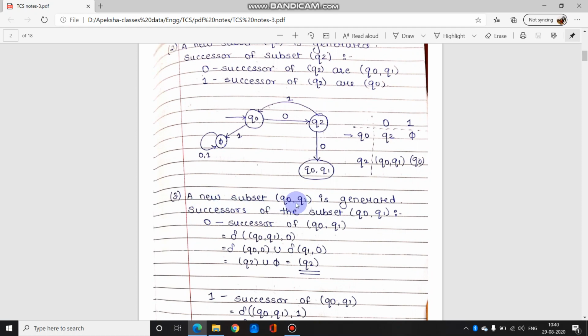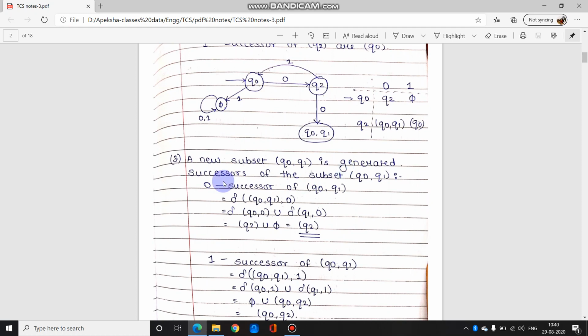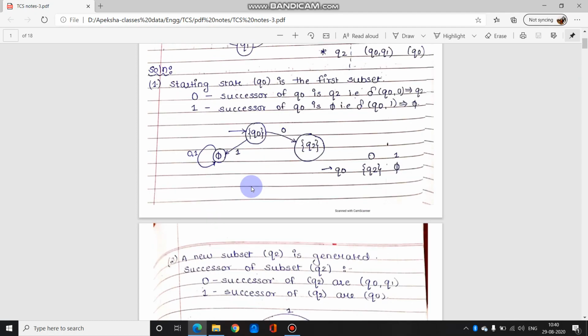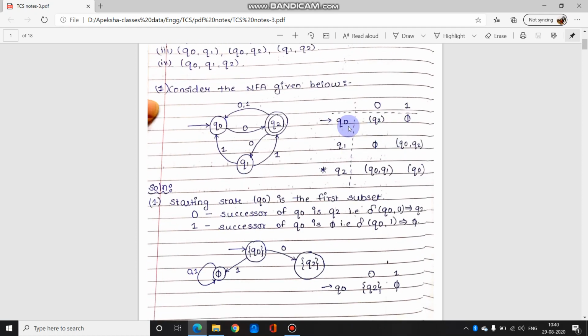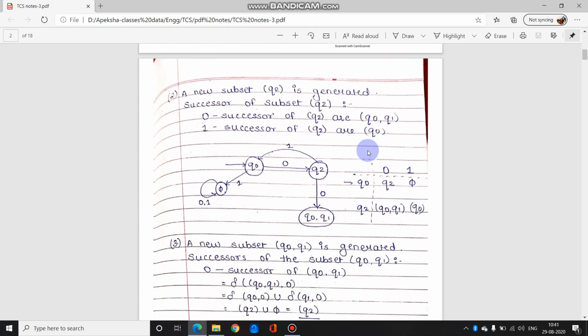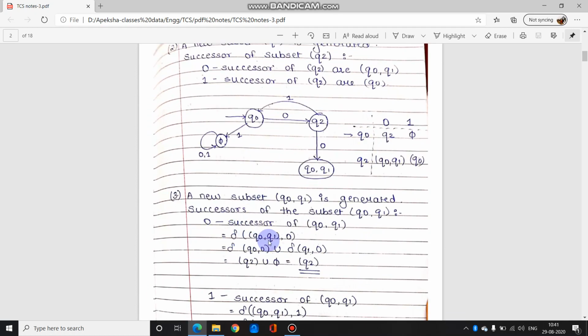How does analysis on two states together happen, which we have done previously. Like on this state, if 0 comes, we need the successor of Q0 Q1. So 0 on Q0 is considered and 0 on Q1 state is considered. So you will have to go all the way back to your first table. Q0 on 0 is Q2, Q1 on 0 is the null state. So how do we write it? Transition from Q0 Q1 on 0 means you have to consider Q0 and 0 and you have to consider Q1 and 0. That means an input 0 is considered in both the Q0 state and the Q1 state.